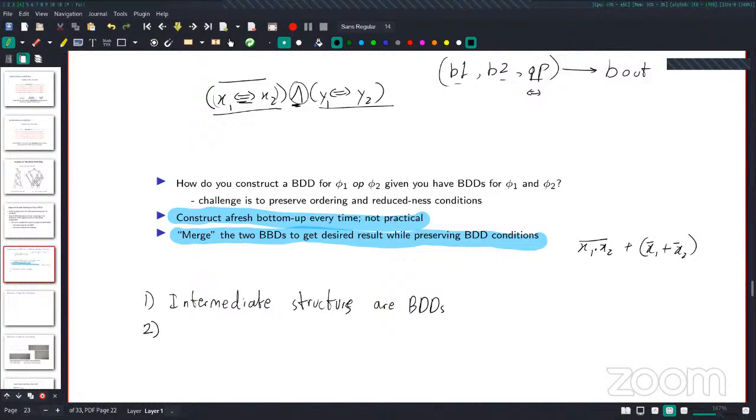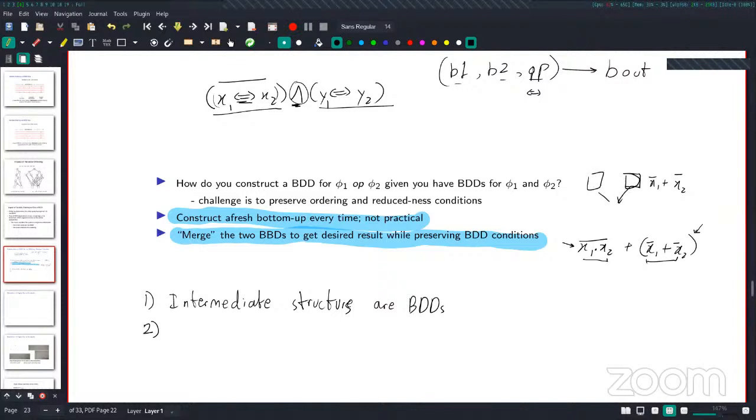And if your BDD implementation, say, uses COBDDs, then you can see that this is basically just a not of this, right? So once you construct the intermediate BDD for this, you'll be able to construct the intermediate BDD from this, and that will share the same nodes, right? Because you'll have some BDD with some root for the x1 plus x2 bar, and then just the not of that